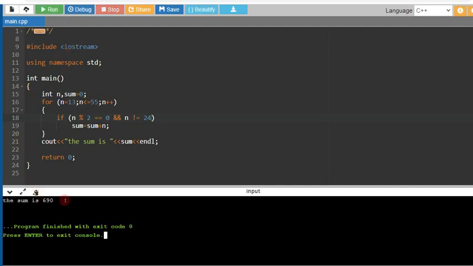It is coming 690. So it depends, students, on what question you are having; accordingly you have to design the program. The question might be in ascending order, might be for even number, might be for odd number, it does not matter. Once your concept is clear, and your fundamentals are clear about the programs, then no program will stop you. You can write programs very nicely, very confidently, very properly, and without any error. Okay students.